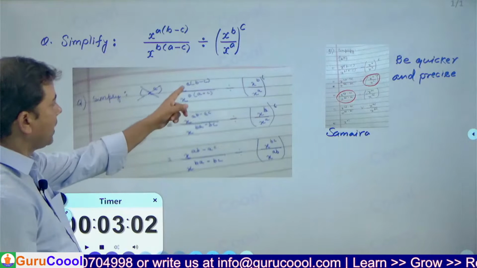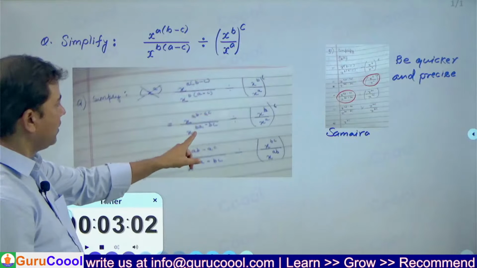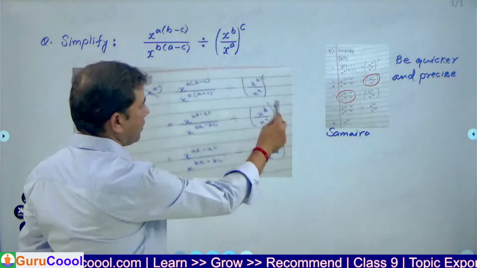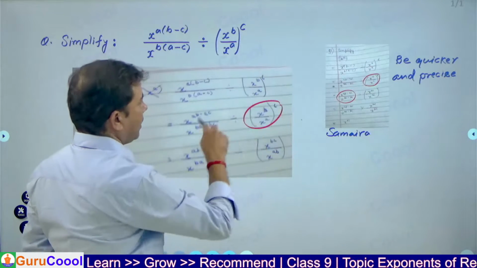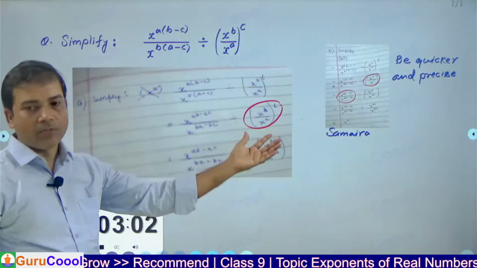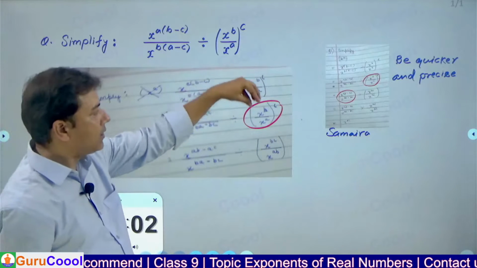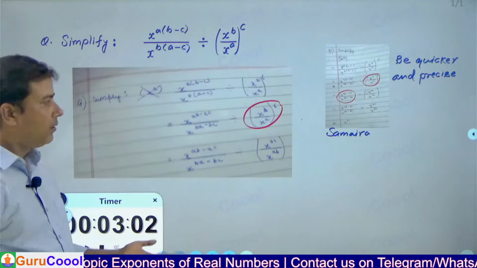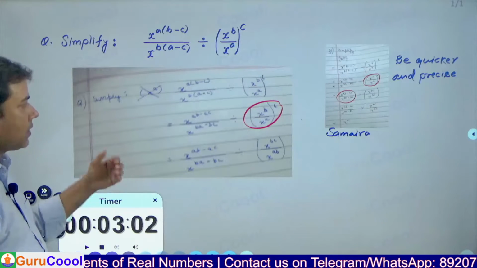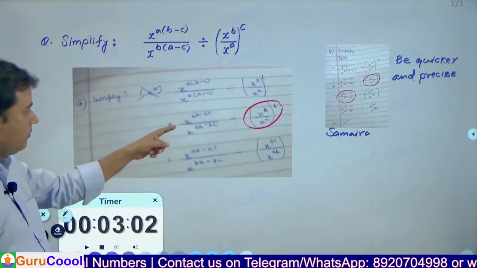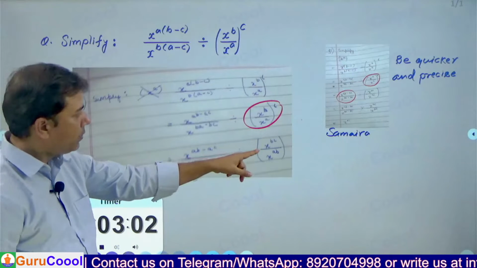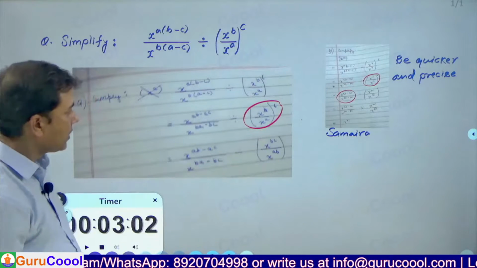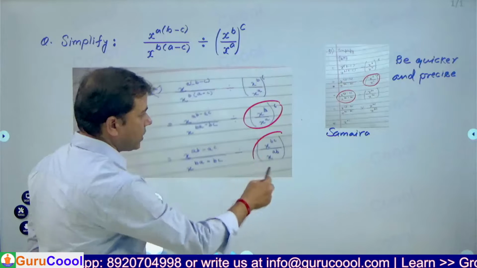You also have multiplied a inside: ab minus ac, ba minus bc, and here no change, no change. So the suggestion is that in every step, make sure you are making some change. Don't keep things as they are. If you keep things as they are, the length of the solution will be bigger and unnecessary time will be consumed. And then you reciprocated. No, that's the same. So here again, there is no change in this second